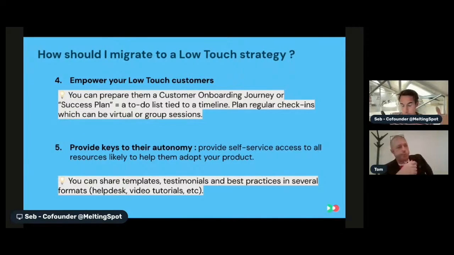So make sure there's a place somewhere that probably belongs in your community if you're equipped with a community platform. If not, we need to talk. And there will be a time during this presentation where we'll be pushing Melting Spot and customer cross services. But make sure that you host all your content somewhere where your customers can find it.